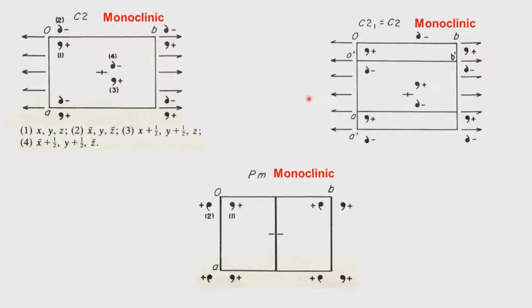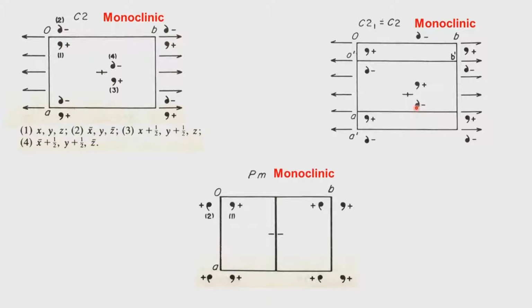So, first of all, let us look at how the C21 operation comes up. The C21 operation comes up from this point. You take this as XYZ, you rotate it by, this is a 2-1 screw operation at the origin. If this 2-1 screw operation is at the origin, it is something similar to P21. So, you do the symmetry operation P21 and you get this half translated element, that when translated down by 1 unit you will get this element. So, these two now are related by a 2-1 screw symmetry.